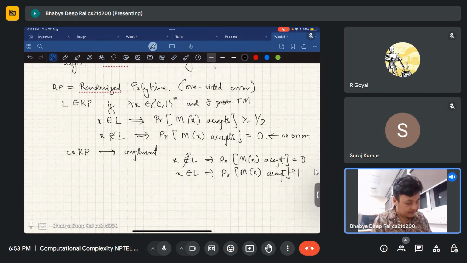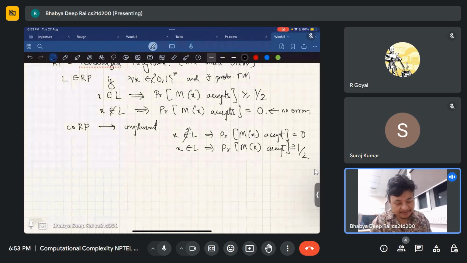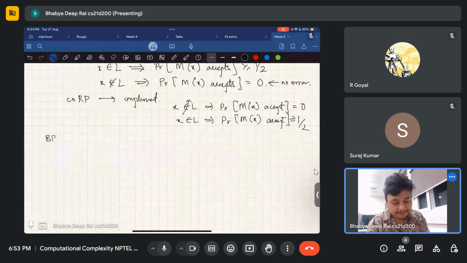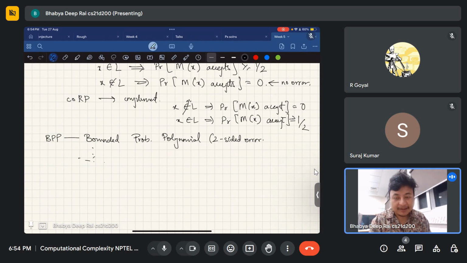Is at least 1 by 2. Okay. Now RP, then we have BPP. BPP stands for bounded probabilistic polynomial, which means two-sided error. So you have, it belongs to BPP and so on and so forth,